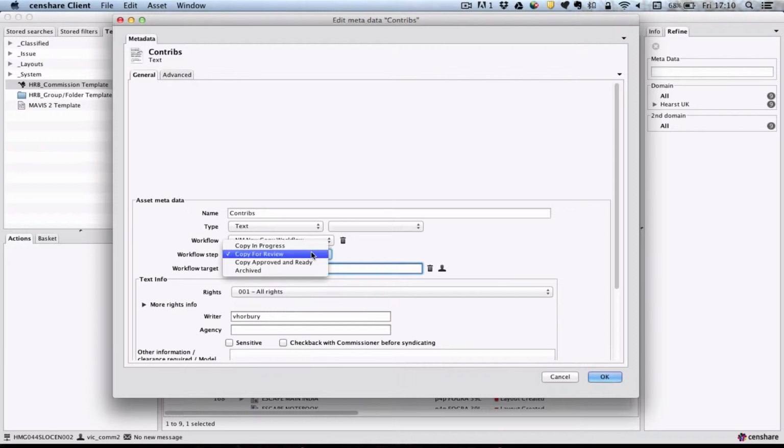So these are the 4 workflow steps which I was talking about. We've got copy in progress, copy for review, copy approved and ready, and archived. It starts off with progress. You would use this step if you're still working on the piece, so it's not ready to be reviewed by anyone. Then you would change the workflow step to copy for review,